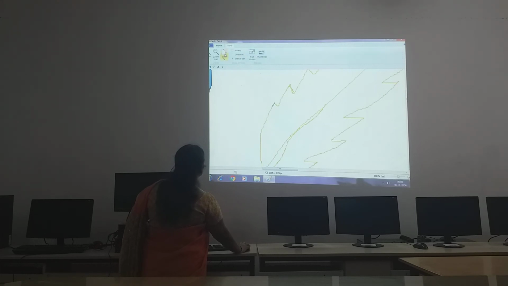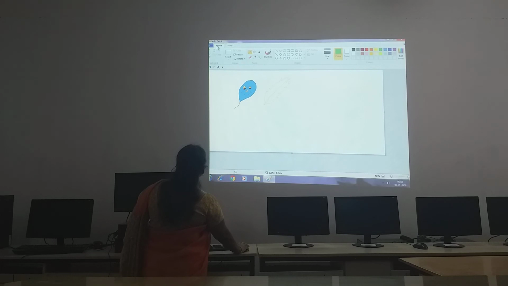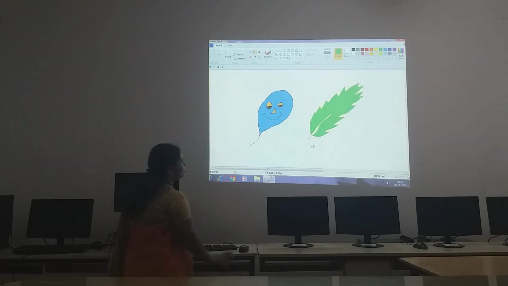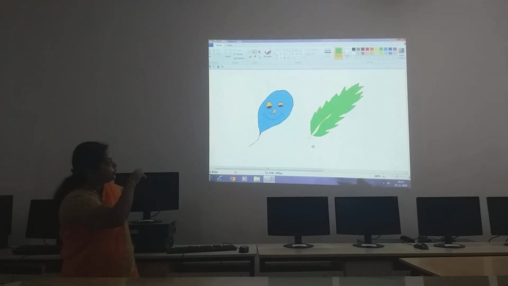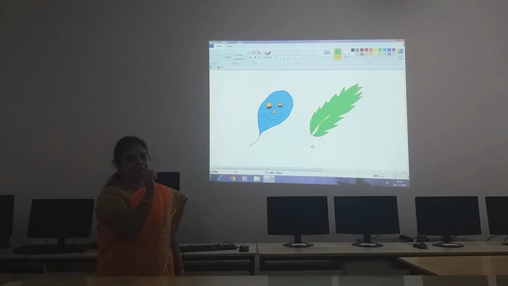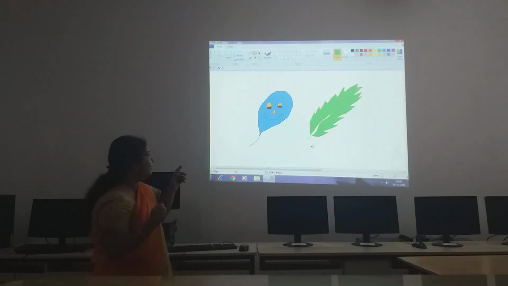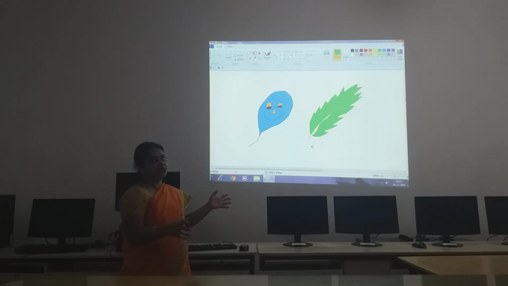Then go to View under this one, like this. Then you go to Home. Click on the zoom. Make it a little big. Now we will fill the color and see, children. Select the color. Go to the fill with color tool. Now you see whether it is closed or not. See, now as it is closed, you are able to fill color to that leaf picture only. So you should not keep any line open like this. What will happen? The color will come to the full window, children. So you should be careful about that.